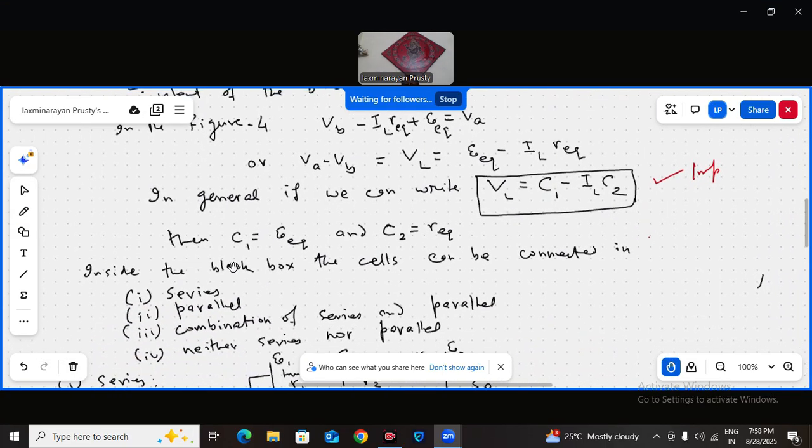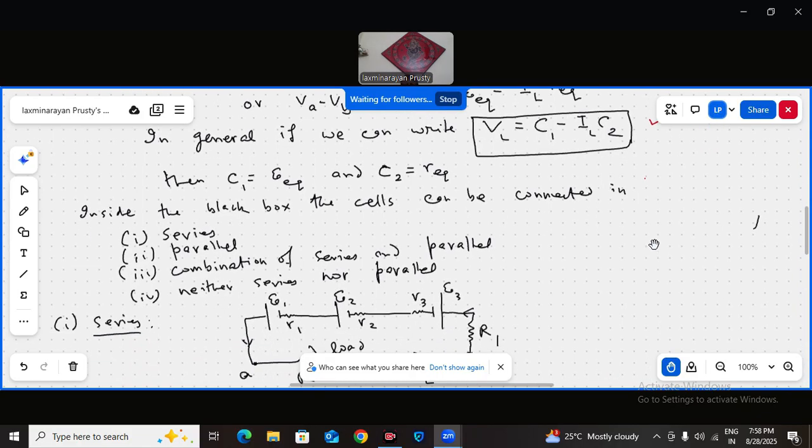Inside that black box, the cells can be connected in series, in parallel, in combination of series and parallel, and fourth one is neither series nor parallel. These are the basic four ways we can connect the cells. Or maybe some cells neither series nor parallel, and with them some combination of series and parallel, anything. But basically this type of